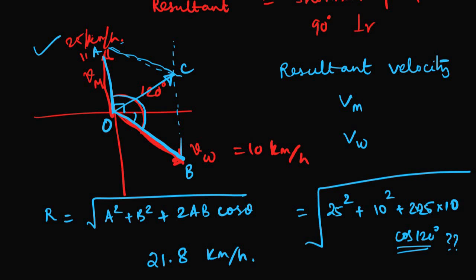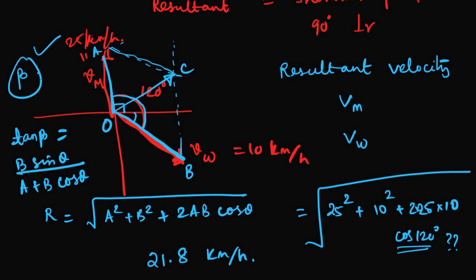Okay, so what would be the angle beta? What is the angle beta? The angle the resultant makes with one of the vectors. So this would be beta. The resultant vector makes, so tan beta would be b sin theta over a plus b cos theta, as the formula says in the parallelogram. So put the value of theta and you will find eventually what is tan beta. Then you find the tan inverse of that number. So you will get the angle beta, of course. The answer is 23.4.